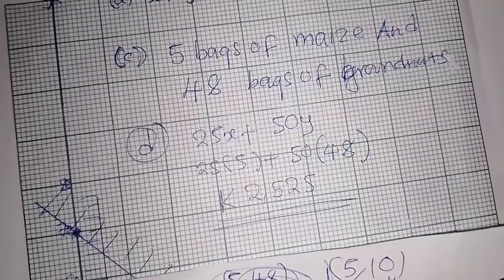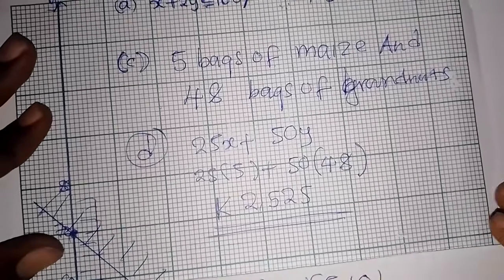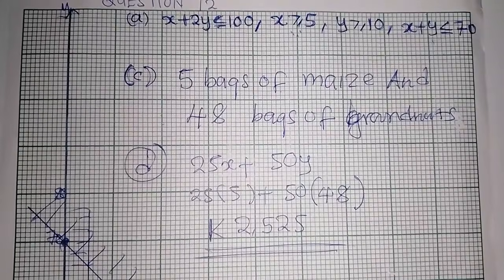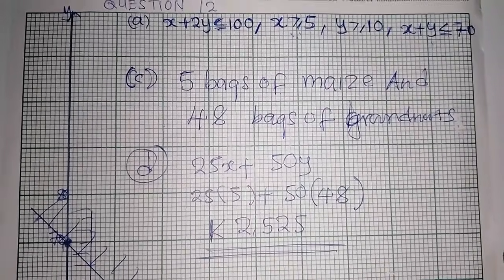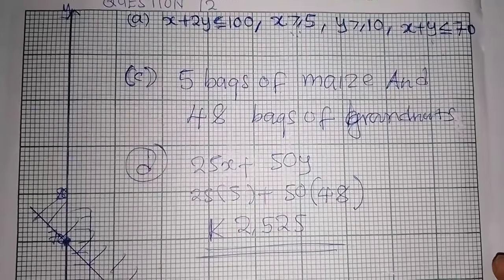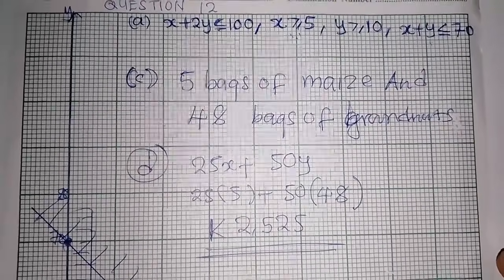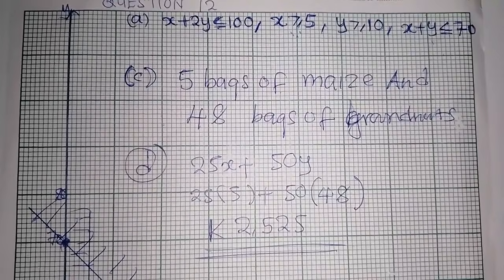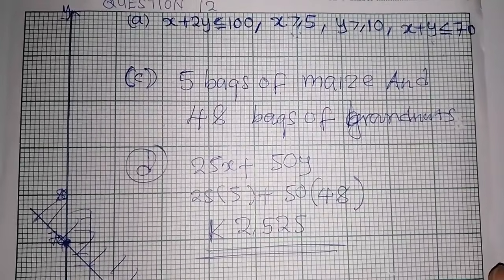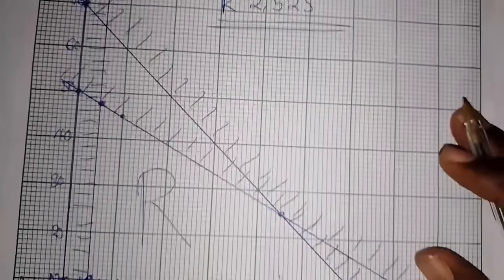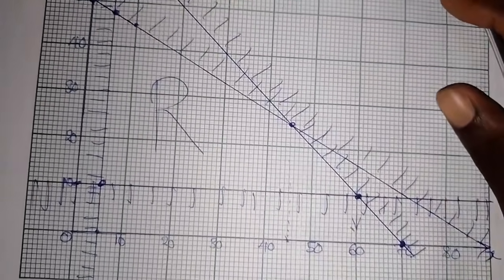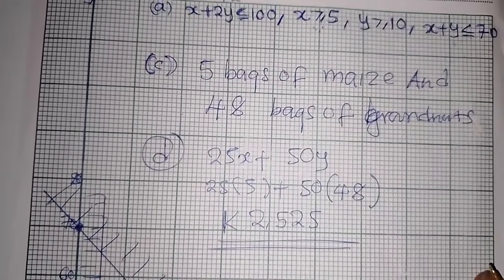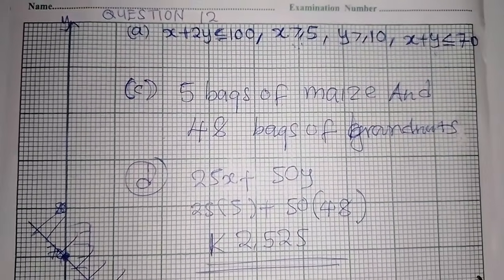Have you seen? Very simple. Like this, you are done. So this is how we need to answer that question. This was just an example, because we are ending this topic. Have you seen the way I've answered it? Very neat. All the answers are there. This is how you are supposed to answer it. So let's